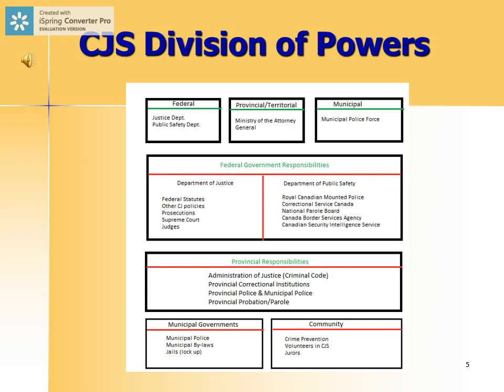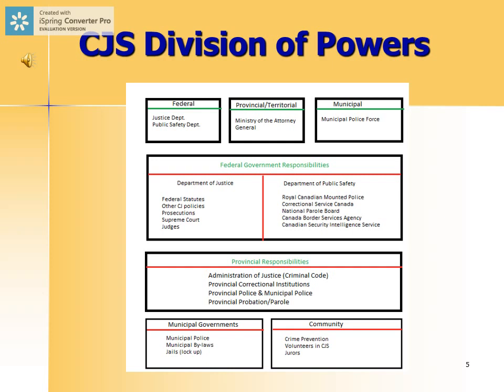And municipal governments, you have to remember, are basically a child of the provincial government. So provincial governments have complete responsibility over municipal governments. So even when municipal governments have their own police force, such as most major cities, the provincial government is still ultimately responsible for that police force and can create laws and legislation and policies that ultimately affect those police forces and how municipal governments police their communities.